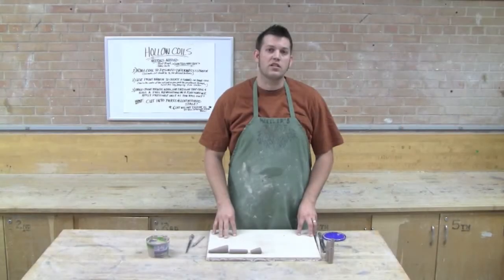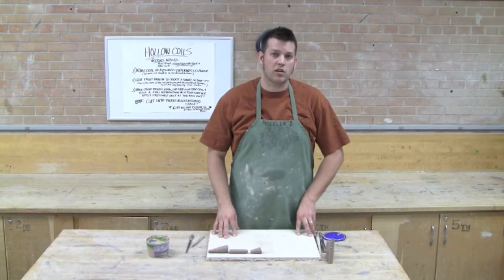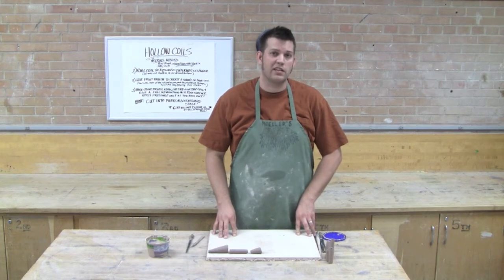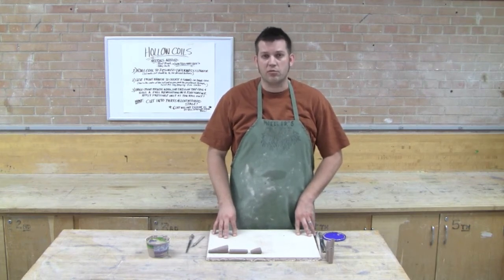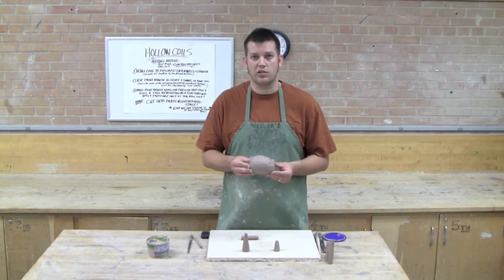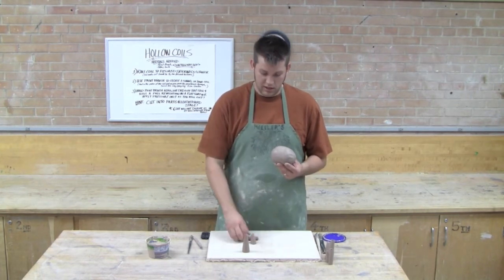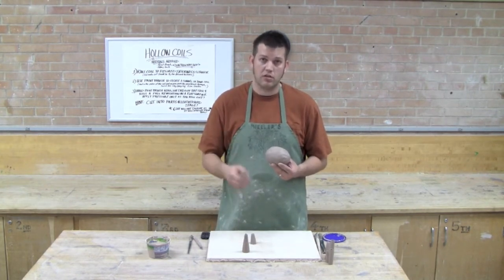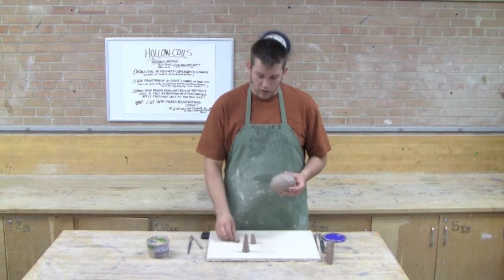Now that my coils have reached the leather hard stage, I can do a little bit more work to create customized legs, arms, appendages, and all those attachments that your creature shaker probably requires. In front of me, I have the creature shaker body that I created during an early demonstration. With this body, I'm now able to combine my tapered coils and my hollowed coils together to form some sort of appendage. I'm going to go ahead and create